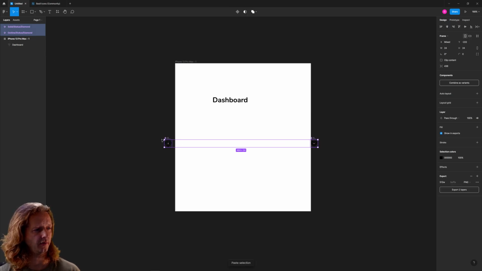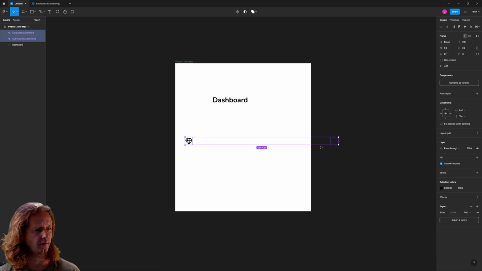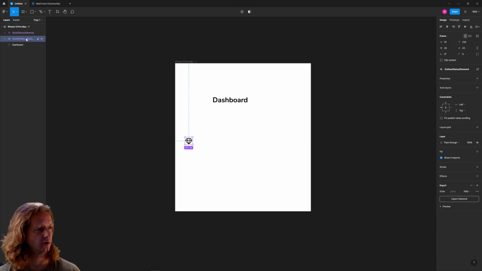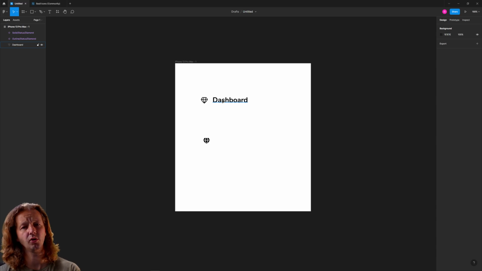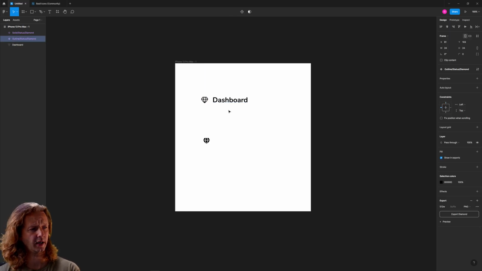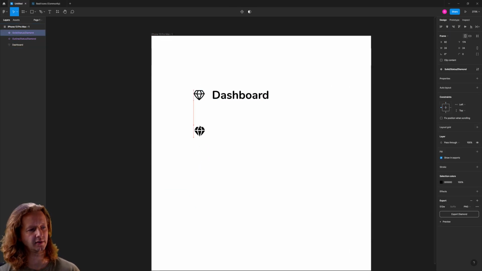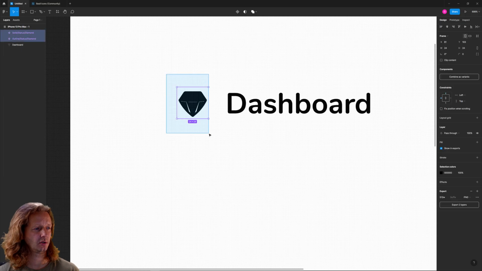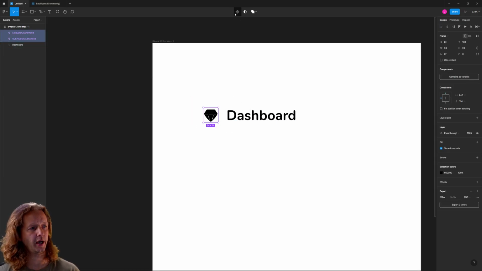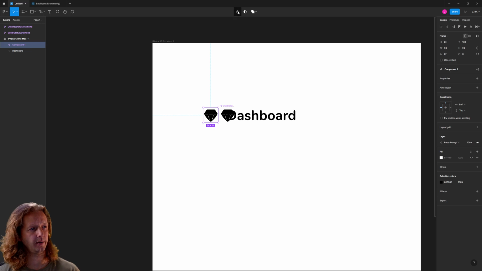All right. So now obviously both of them are outside of the frame. We have to go grab this one and drag that in as well. All right. And the size of our type in relation to the size of the actual icon is solid. I knew 22 was going to work based on the size of these icons. And so what we want to do is overlap both of these in the exact same position. And then once we do that, we can go ahead and create a component,